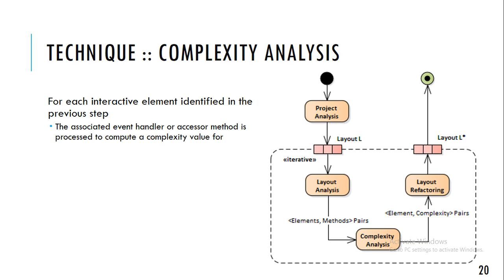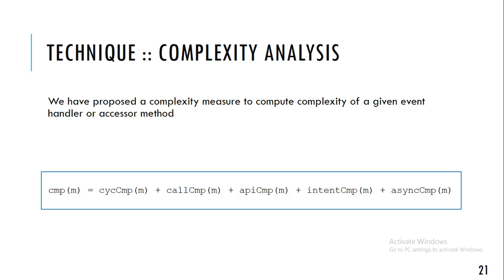After finding the interactive elements and their associated event handlers or accessor methods, the complexity analysis step is performed. Here, for each method associated with an interactive element, a complexity value is computed. This value is intended to show how complex the code behind that interactive element or widget is. As part of the novelty of our technique, we have proposed a new measure for computing the complexity of a